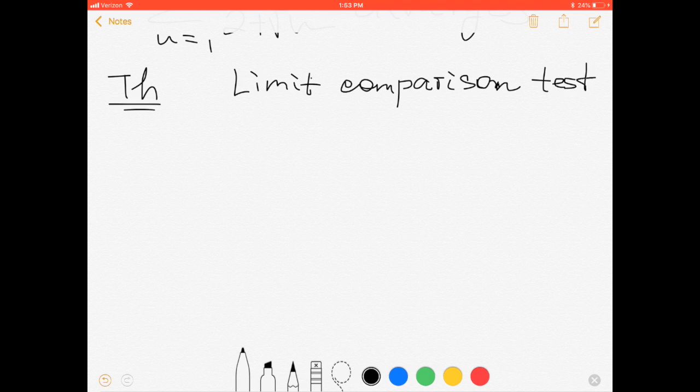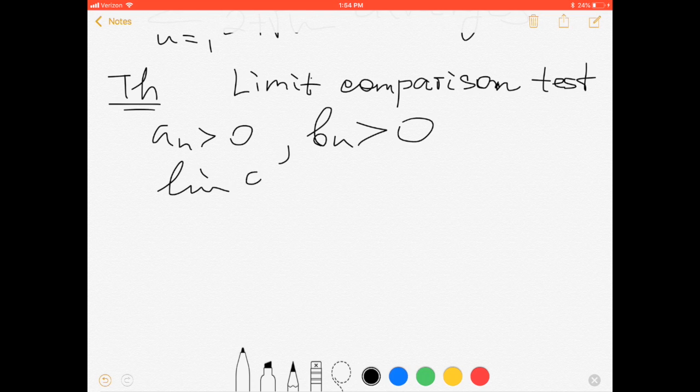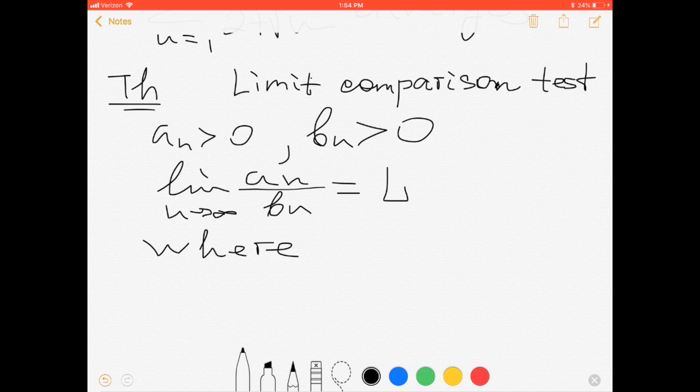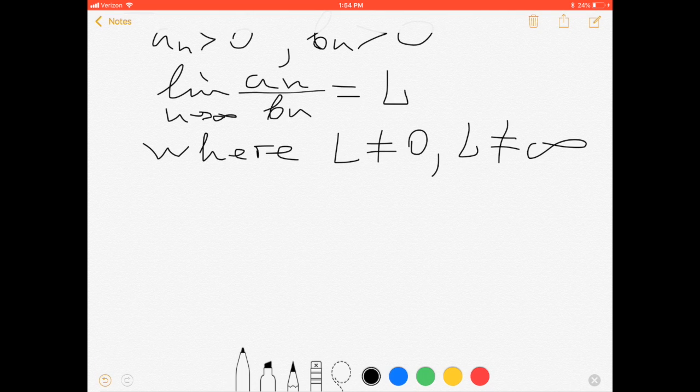This test tells us if you have series with positive non-zero terms, and the limit of the fraction an over bn as n approaches infinity equals L, where L is not equal to 0 and not equal to infinity, meaning L is some real number,